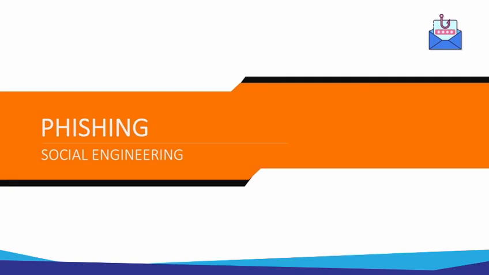So, phishing is one of the most widely used social engineering attacks around the world, and it's widely used by hackers to infiltrate organizations and trick people into divulging their confidential or sensitive information. So, let's see how phishing actually works and what are some of the precautions or safety tips that you can